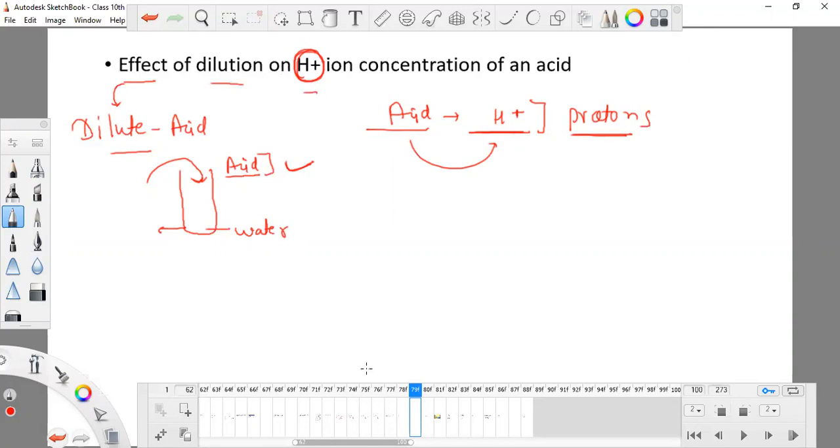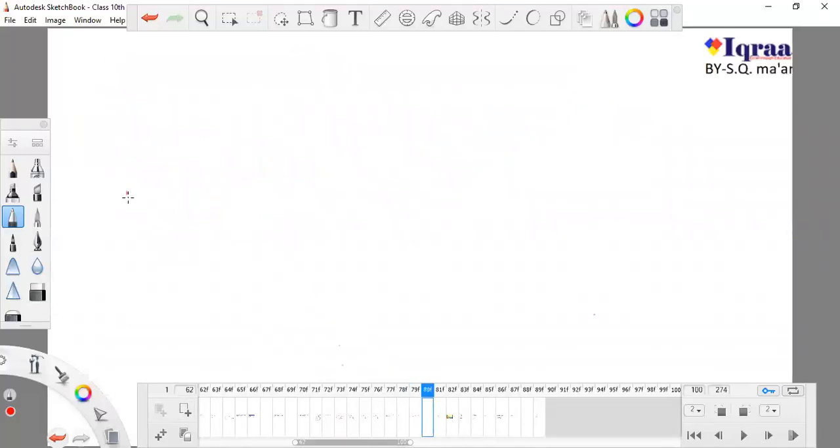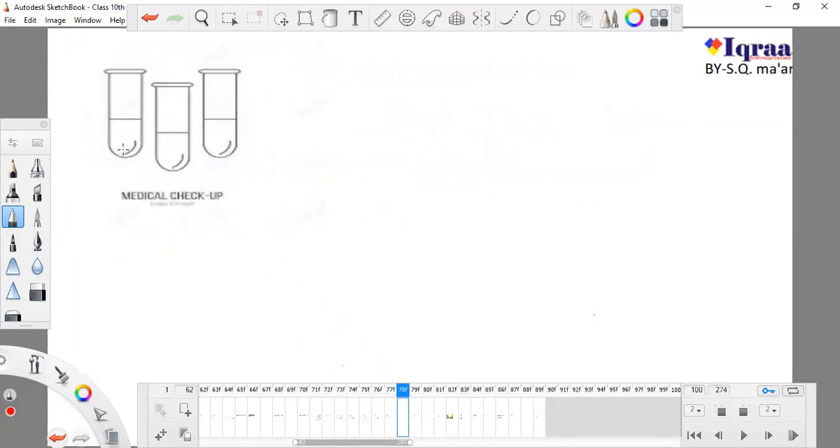So here I'm taking 3 test tubes. Remember that I'm taking 3 test tubes here. These are 3 test tubes. In the first test tube I'm using 1 ml of HCl. In the second test tube, I am using 1 ml of HCl, hydrochloric acid. And in the third test tube, I am using 1 ml of HCl. Now, what is the difference? I am pouring,